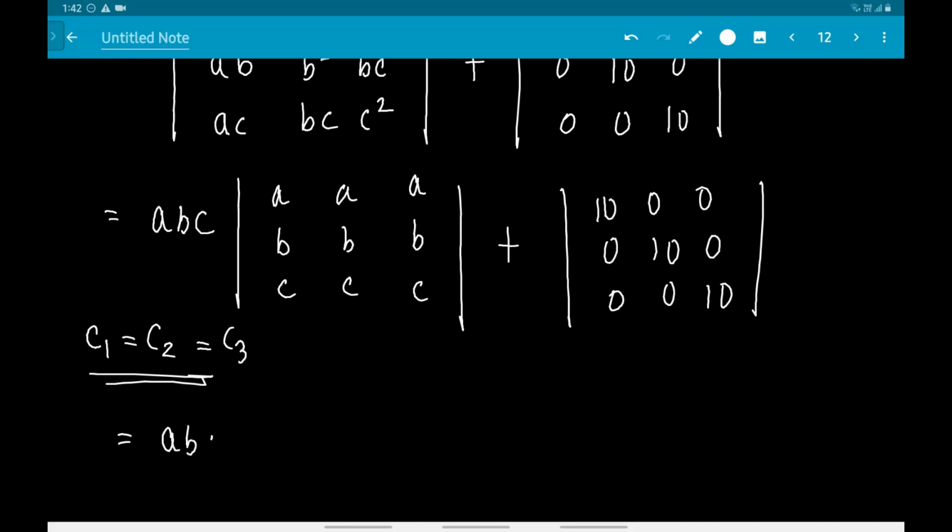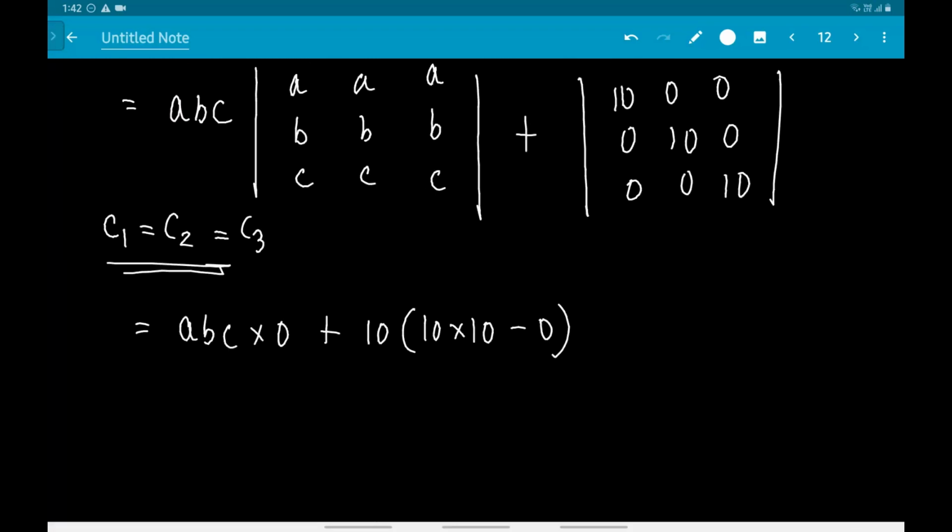So A B C into 0 plus, now if I expand this by first row, it is actually 10 into 10 minus 0. So this will be 10 into 100, that is 1000. Okay, so here the option matching is, just see here, the first option is divisible by 10 but not by 100,